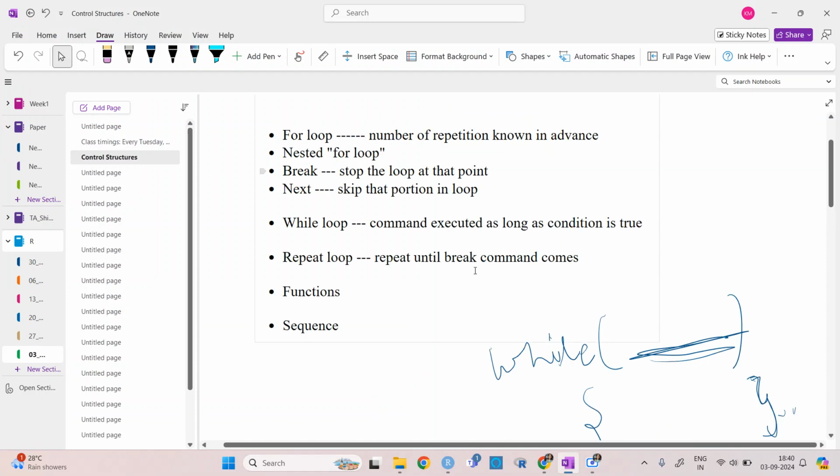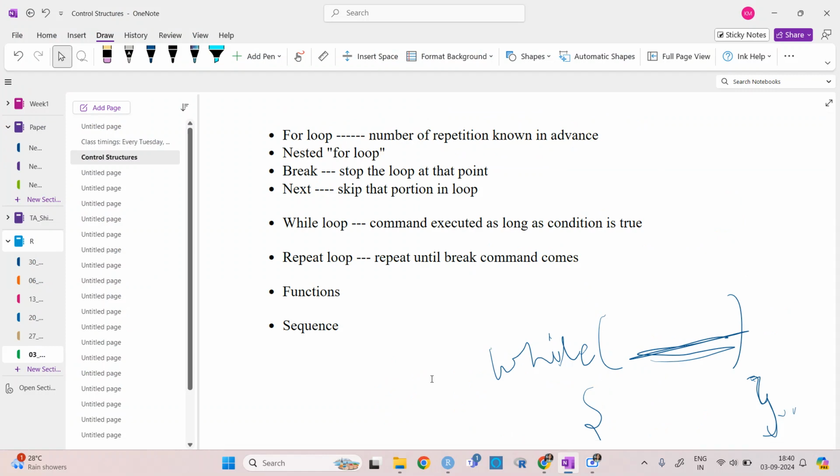Okay, so we are done right now with loops, and the next is function. As I said at the start of class, functions are basically where we give it some value and it will give us some value, right? There are a lot of built-in functions in this.